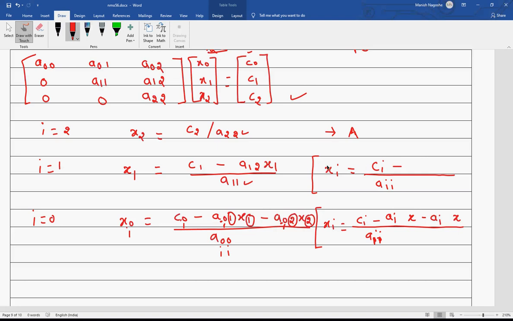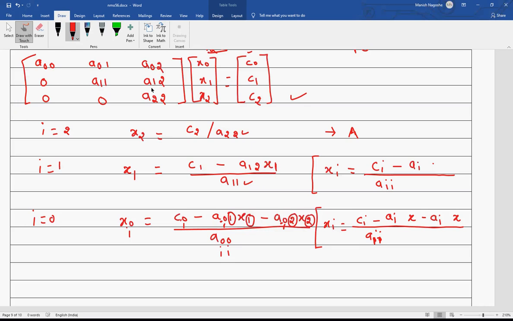Similarly here, this is i, so minus ai, this is very clear, but the suffix is there which I leave. Just a moment, I made a mistake here. This is x2.